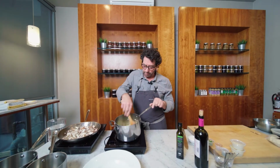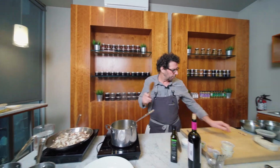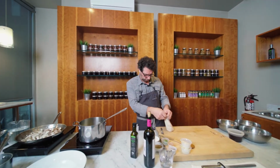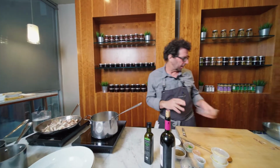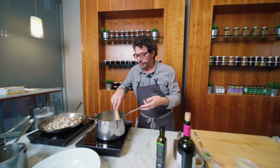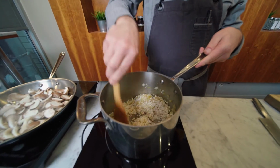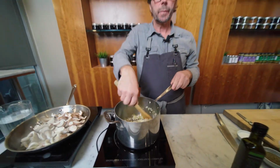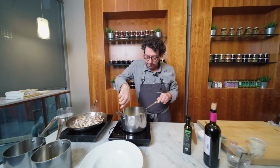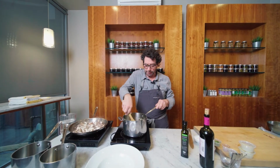So the onions are just about clear at this point, and we're going to do a process called the toasting of the risotto. We're going to add the entire packet of the arborio rice, and we're going to give this a quick stir. And in the process of stirring it, what we're doing is we're softening the outside of the arborio rice. We're warming it up, and what this is going to do is allow it